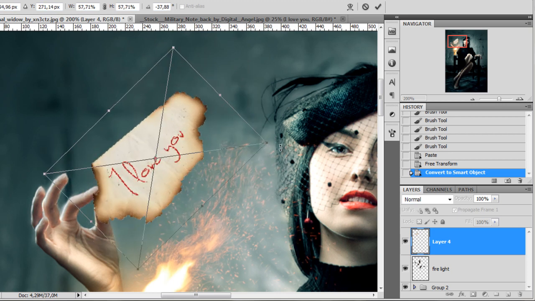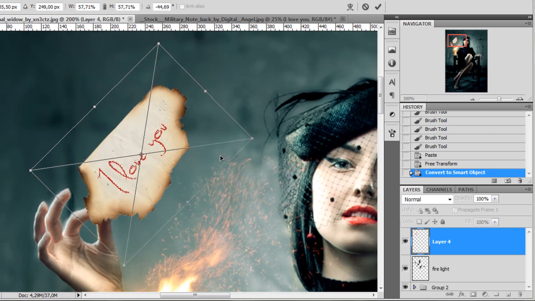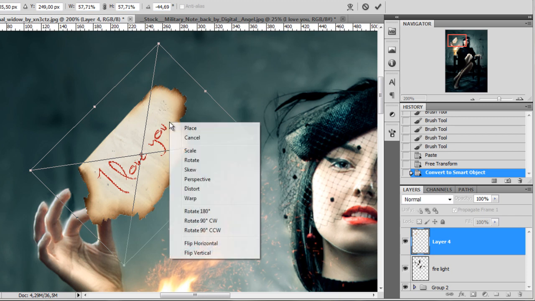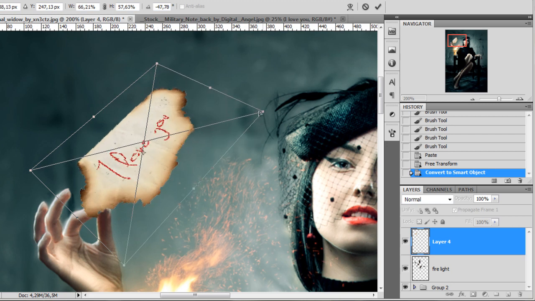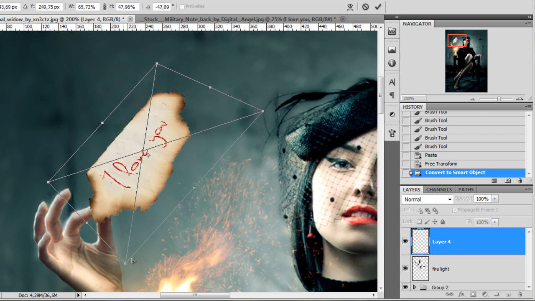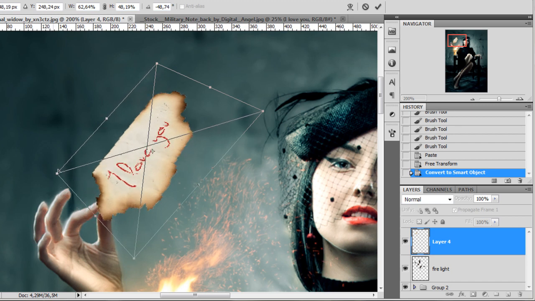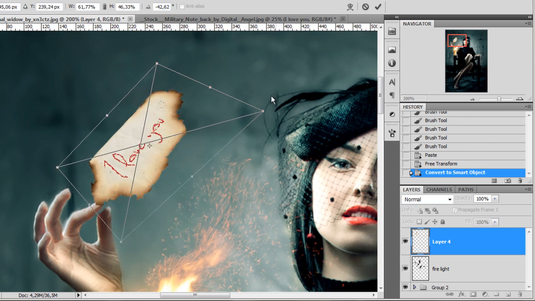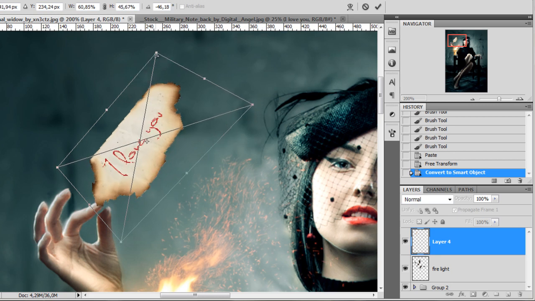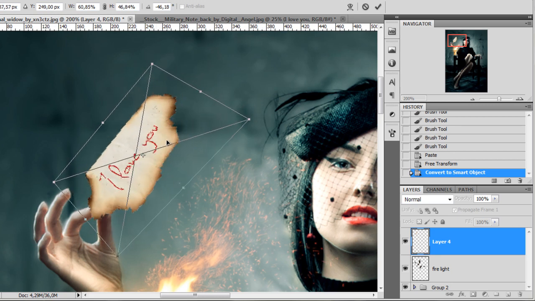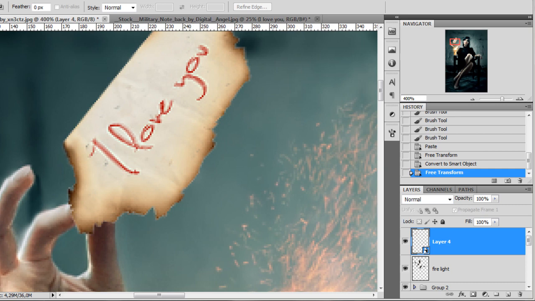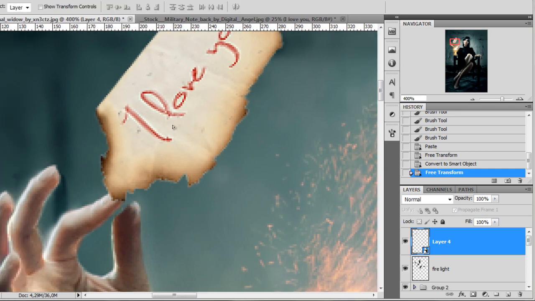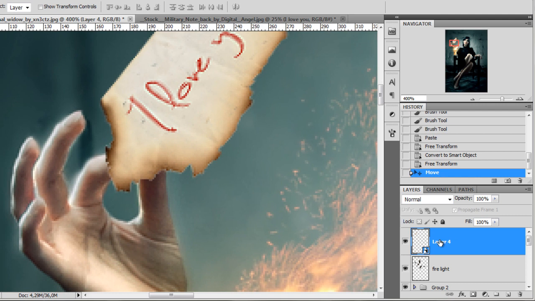So once I have the size that I want, more or less, you can spin it like that and use the distort tool. So press Ctrl T to load the free transform, make it smaller, and then right click and choose distort. And you can change the perspective of this and just make it look like she's holding this note in her hands, something like that. And when you got it, just press enter. Now position it here, and I'll call this note,